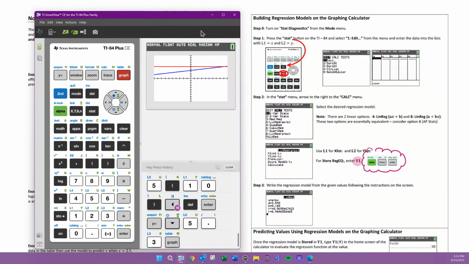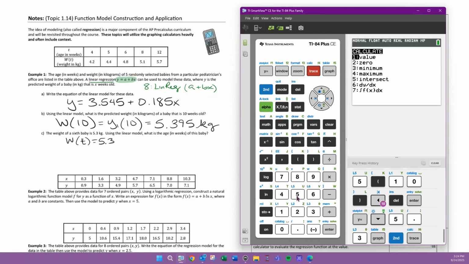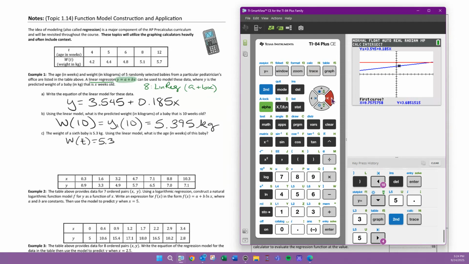which means we are going to use, sorry, I don't know why I moved that over. We are going to use this intersection point by going second, trace, 5, and then move the turtle towards the intersection point. By turtle, I mean this little thing. It looks like a turtle to me. We're going to move the turtle towards the intersection point. Just get it pretty close and press enter 3 times. Enter, enter, enter. When it gets to the point that says intersection, it's telling me when the output is 5.3,